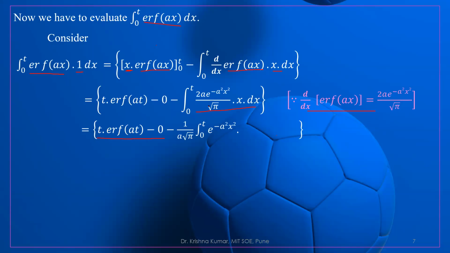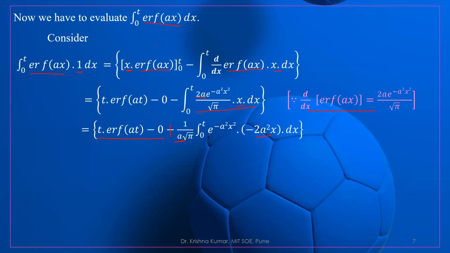What we are doing, we are taking 1 upon root pi outside. And this is 2a. Actually, this should be plus, because we are taking the minus sign on this side, so minus minus will become plus. Okay. So this 2a, we are taking inside over here, and we are again multiplying and dividing by a. Just look here, there is only 1 upon root pi. So we are multiplying and dividing by a square. So it is minus 2a square and this x.